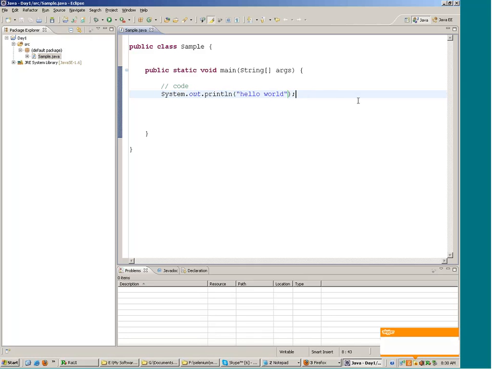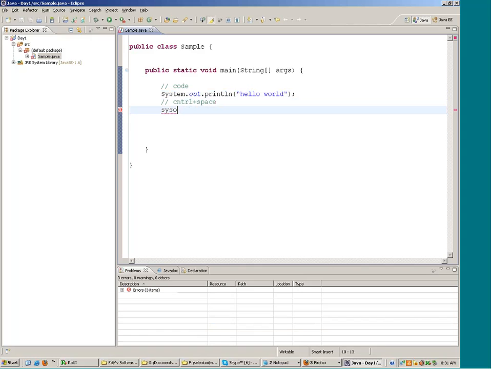Okay, the shortcut is, just type SYSO and then hit Control space bar. This is Control plus space. If you type SYSO and hit Control space, you will get system.out.println written, and you can print anything over here